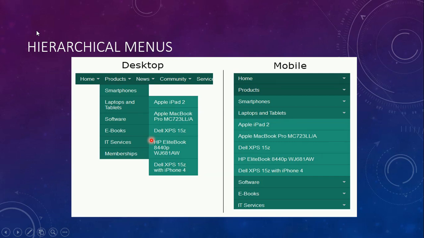Suppose the user is not familiar with the hierarchical menu. What may he be doing? He may not know what exactly the next menu list may display. He may choose a certain choice here, and he may go for a further menu, and then again click on the next level menu list, and then go further. You may be led to the right path, or sometimes it may lead to wrong paths also.